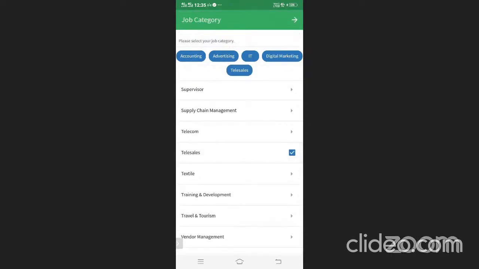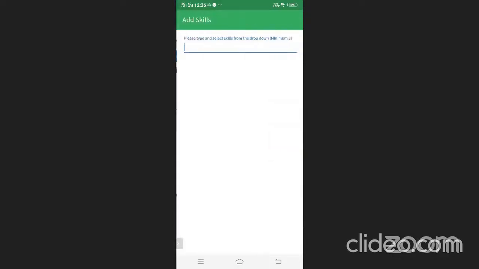Now, if I try to choose another job function, it says maximum limit reached. So a student can only select 5 job functions, not more than 5, and he or she will be able to view all the jobs that are available from these job functions. After this is chosen, the user can go to the next screen.